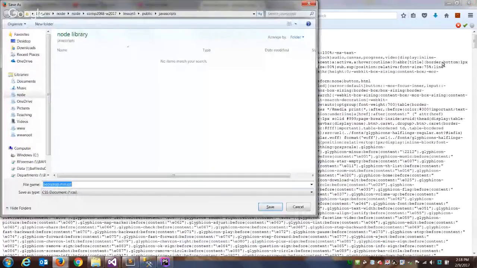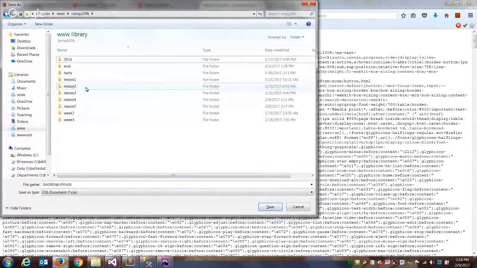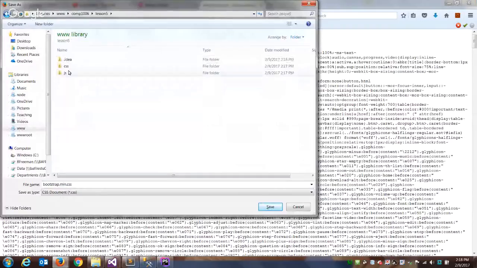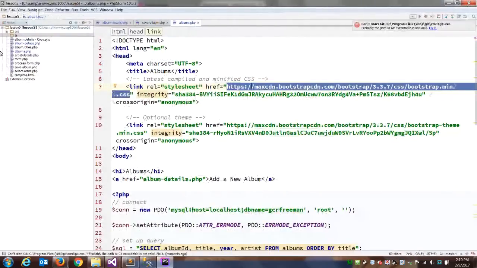And if I hit Control S, it'll save the file with that same name. So let's save it in lesson 5 CSS. You can see the path here. That's the folder we just created. So if now I go back to my PHPStorm, we've got that first Bootstrap, the minified